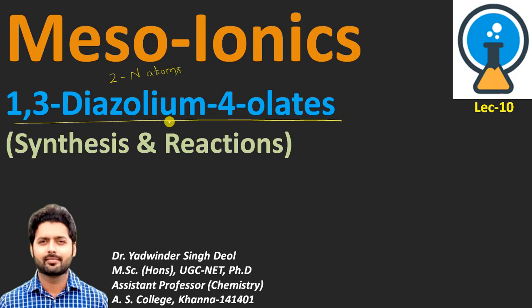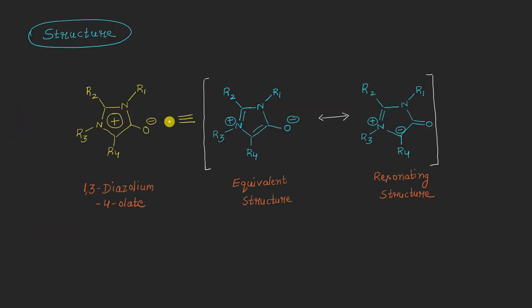other, right? So here you can see the structure of this 1,3-diazolium 4-olate, and here is the first nitrogen atom. This is the first nitrogen atom, and this is the second nitrogen atom here, right? And there is a carbon atom present between them, meaning they really are non-adjacent to each other, and that is why it is a type A mesoionic molecule.